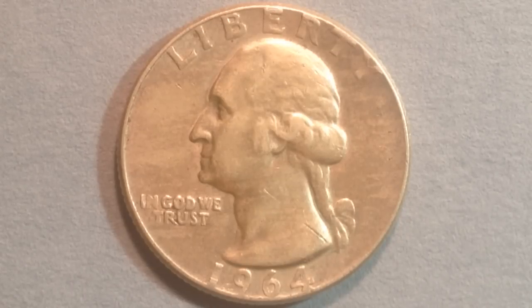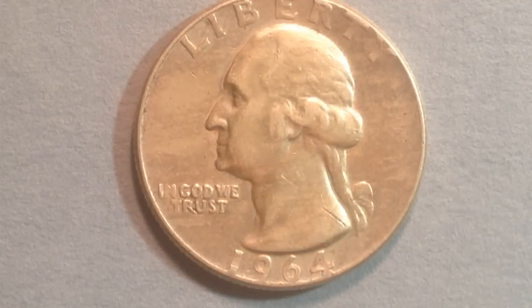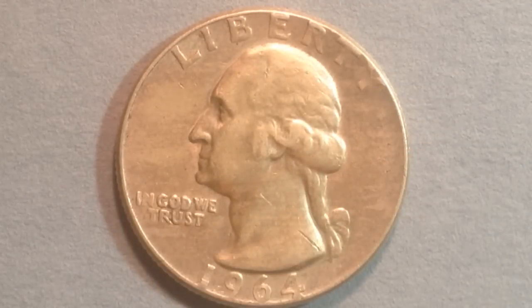$2.67. Now, silver has gone down a little bit in value. It's currently at about $14.76 an ounce. So that's kind of been a decline in the past year. Not too long ago, it was around $18, and now it's gone down to $14. So we'll see how low it goes, but it could be a good buying opportunity for you if you're interested in picking up some of these quarters, because the main component of the price of these quarters is the value of